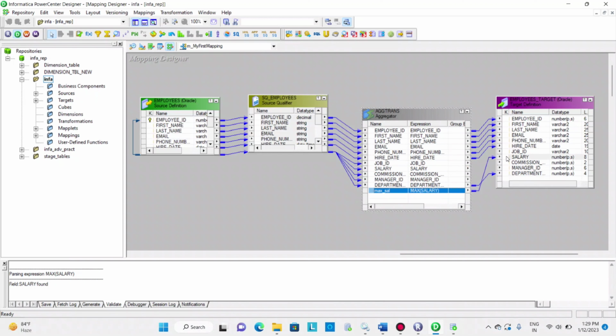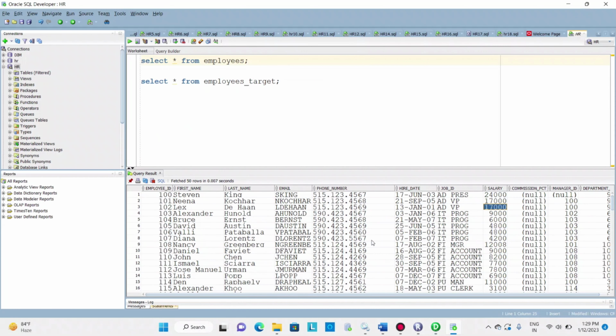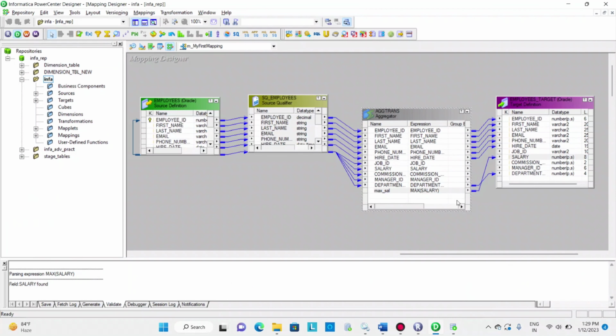First name, last name, email, phone number, hire date, department ID, and I'll connect my max salary to my salary port so that it will load my max salary